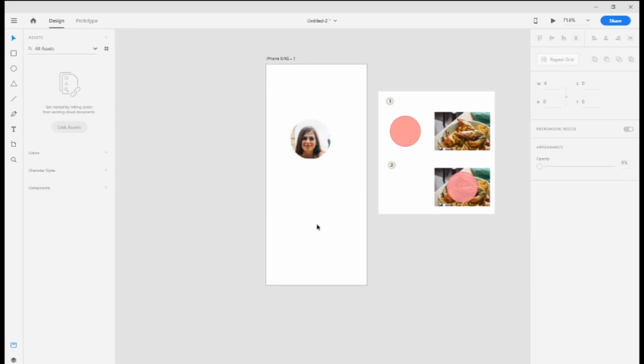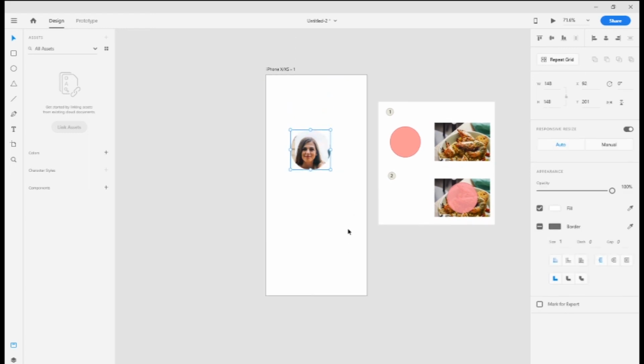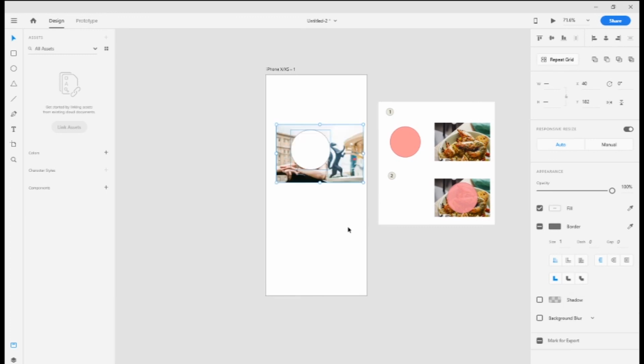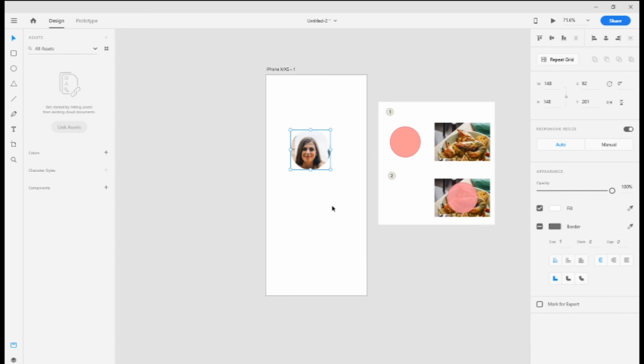Okay, to unmask, select the object, then release the object and edit the object. The keyboard shortcut on Mac is Shift Ctrl G, on Windows Shift Ctrl G. Shift Ctrl G to release, and Shift Ctrl M to create.